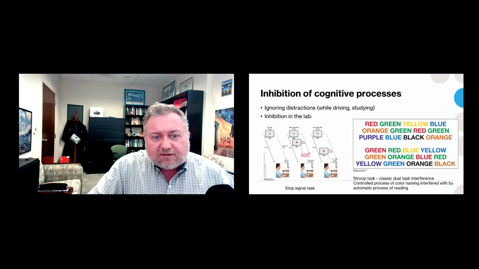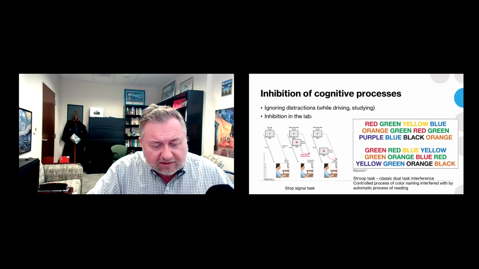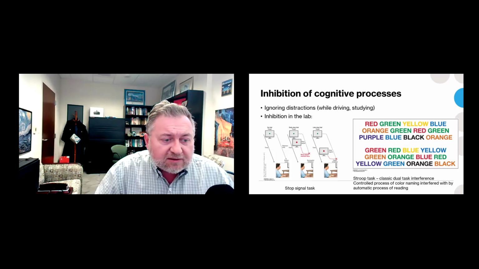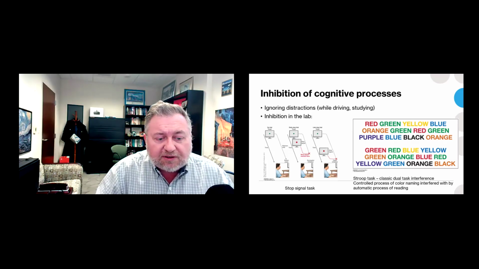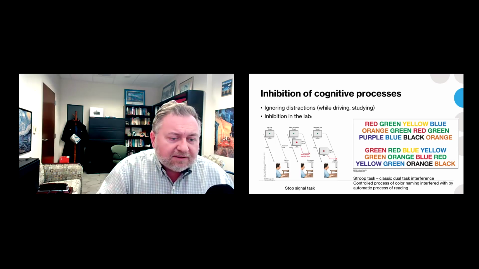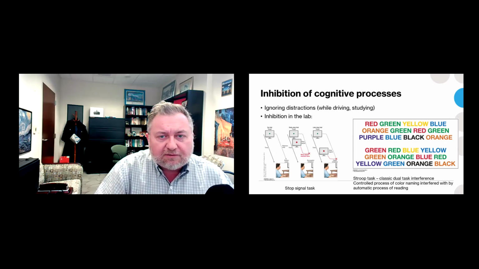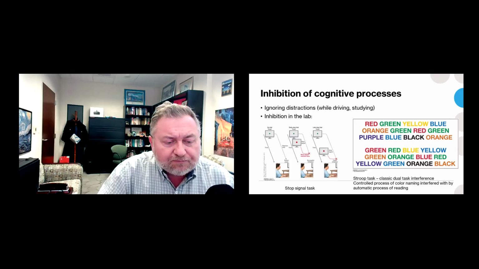So we can see the effect of inhibition in laboratory studies, though. So here's one very, very simple basic task called the stop signal task, right? So it's basically a reaction time task here. So you're looking at the screen, you see a green dot on the screen, you press a button. That's it, right? But in the inhibition version here, we have two. We have an early stop and a late stop trial. So what we have to realize here is that the reaction time to pressing the button when you see the green dot is probably, maybe half a second. Could be a little faster, right? But let's say 400 to 500 milliseconds. So that's somewhere close to half a second.